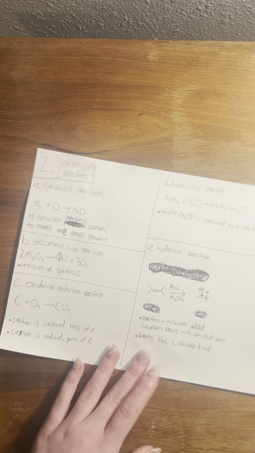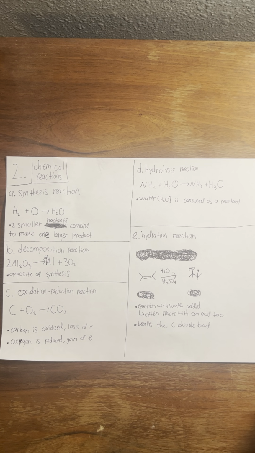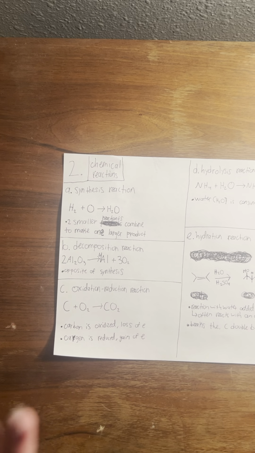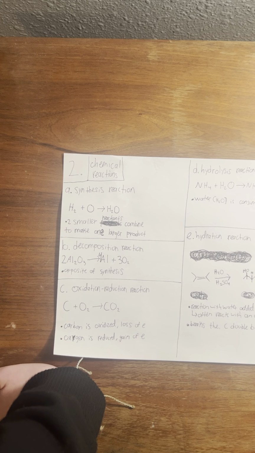Question number 2 says, there are many ways to classify chemical reactions based on patterns and common characteristics. For example, for each of the types of chemical reactions listed below, write an example based on chemical equations showing the reactant and product structures, then explain how you classified each of your chemical equations using the definition of each reaction type. So the first one, A, this is a synthesis reaction, and this is a synthesis reaction because